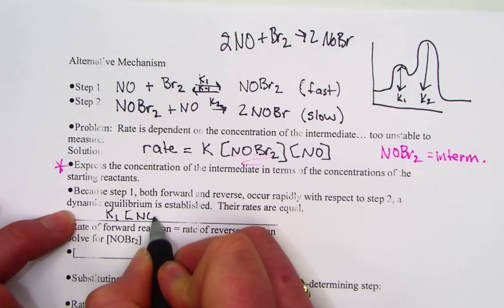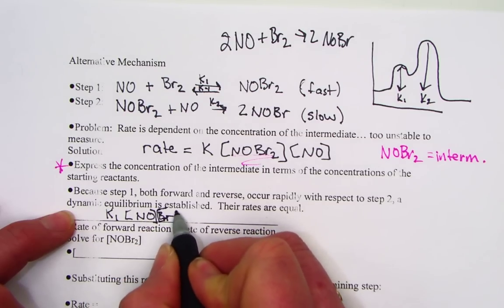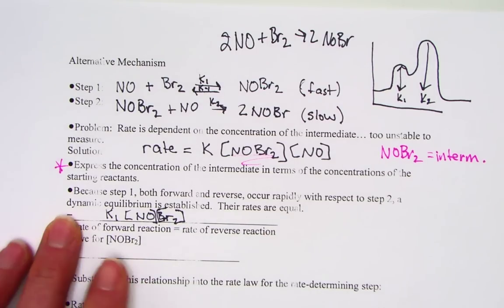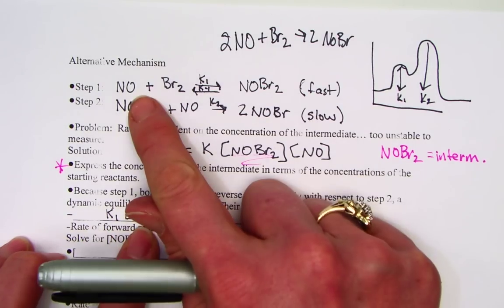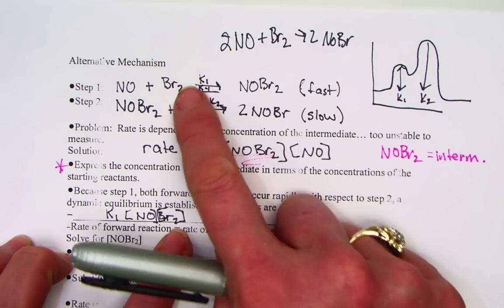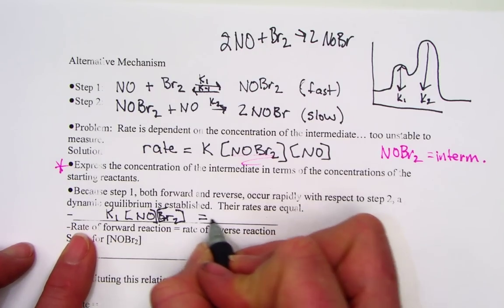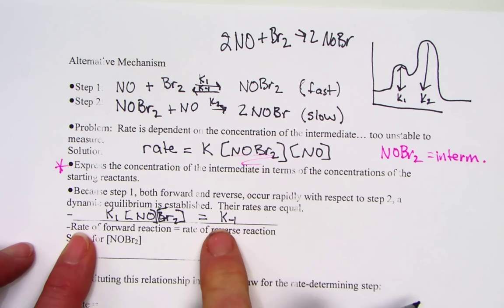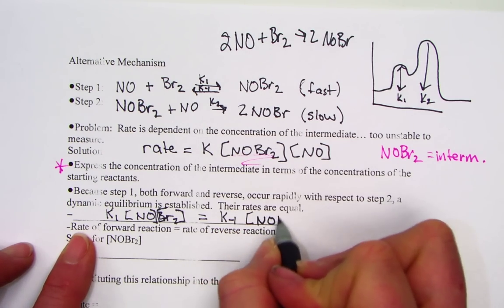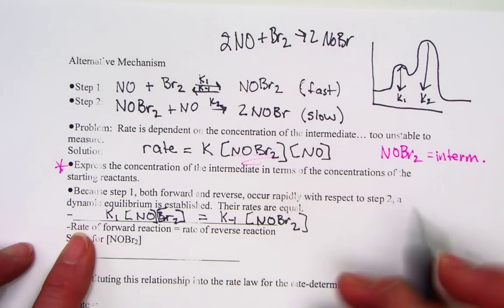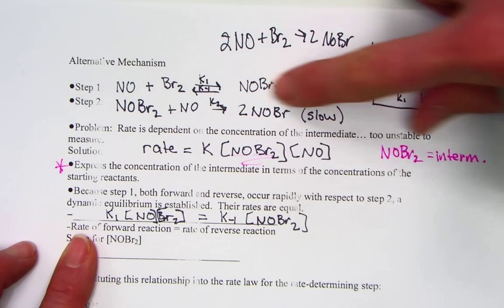So just thinking that through, k1, the forward reaction, would have a rate law that looks like NO, Br2, both first order. So rate is equal to k times the concentration of NO, first order, and Br2, first order. This is the forward direction. And since their rates are equal, I'll set that equal to k-1, the opposite direction. Now what we have is NOBr2, again first order with respect to the reverse reaction. So I'm simply looking at it from right to left.